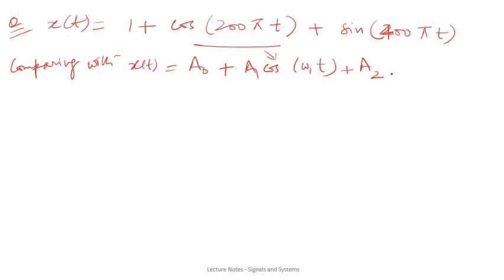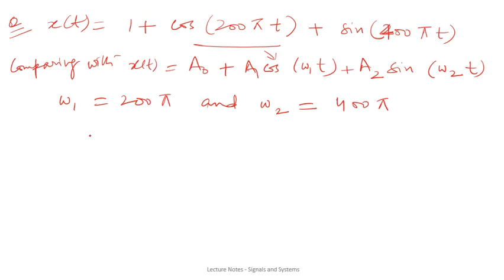The second one is a sine signal, so you compare it with a sine signal, which will be a2 sine omega 2 t. Just by comparing these, you can get omega 1 to be 200 pi and omega 2 should be equal to